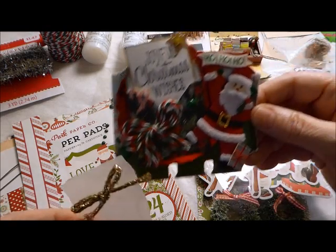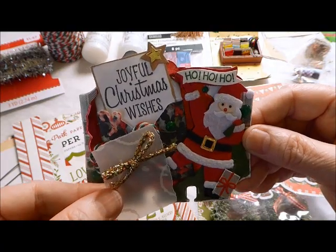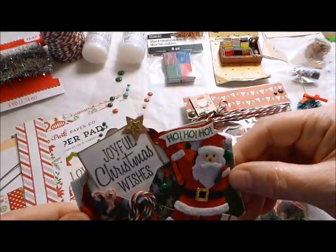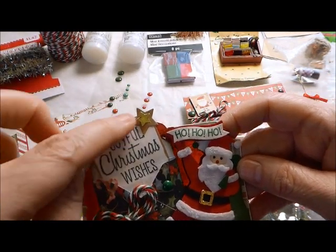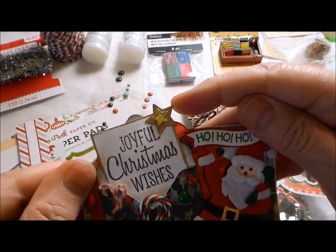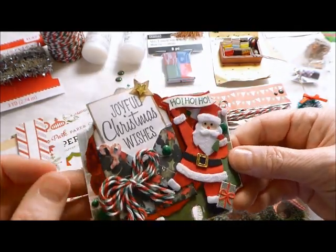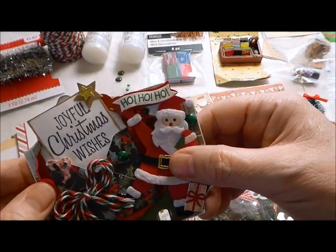And the envelope came with this cute little gold bow on it, but I didn't think that really fit with my project, because in the sticker pack was this little present that's made with silver paper. So I thought, well, I'll save the gold bow for another time. It turned out that the little note that was stuck inside the envelope had gold pen around the edge and a little gold star at the corner. So that probably would have worked, but I went with more of the red, green, and white and added the baker's twine bow, and I thought it needed the red metallic paper from Michael's,